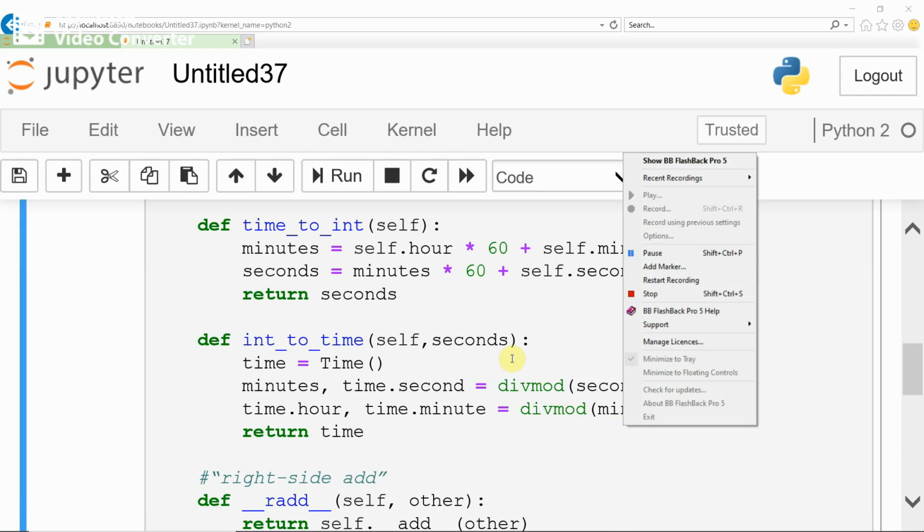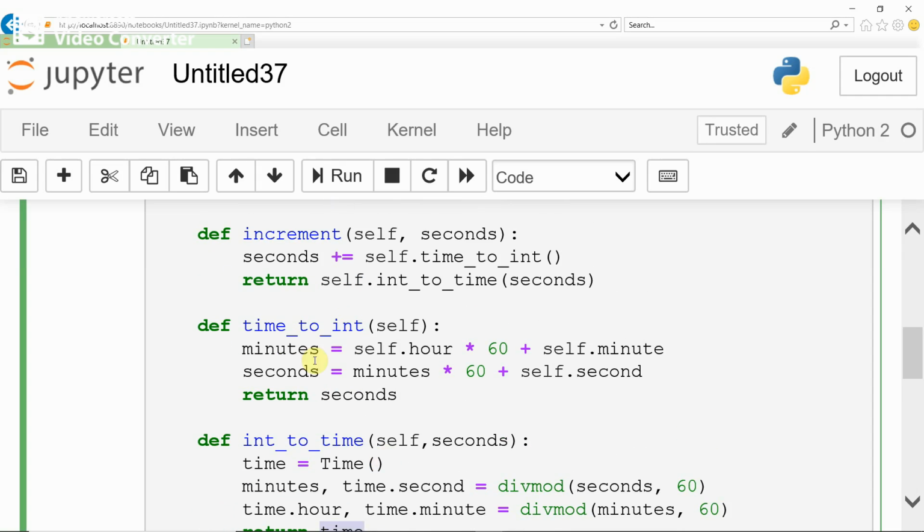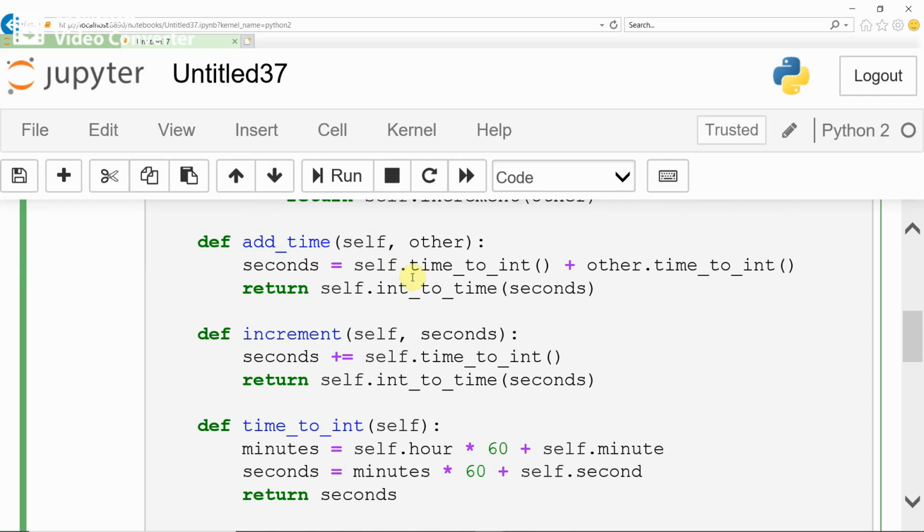The conversion of integer to time happens by using int_to_time. Okay, and thus the integer to time conversion is nothing but returning the time object to the called function. You know that the int_to_time function is called from here and a time object is returned, and anyhow this increment function is called from